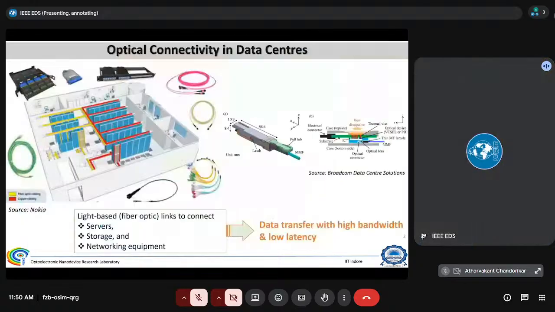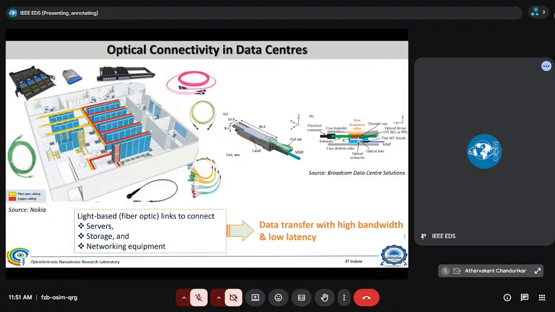So now, we know that almost all long distance communication has been through optical fibers. But that is not the only thing now. You have optical connectivity inside a building. Let's say this is a data center. This I have taken from Nokia. What you see here is a typical picture of a data center where you have these red cables, which are copper connections, electrical connections. And these yellow things here are optical connections. That means you are connecting different racks